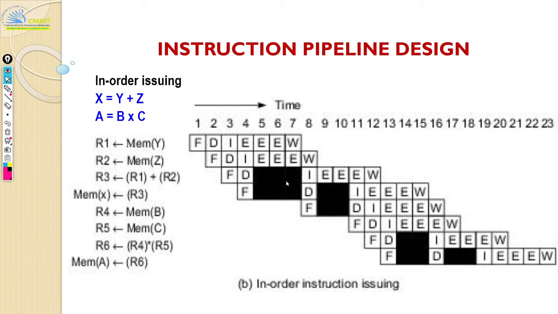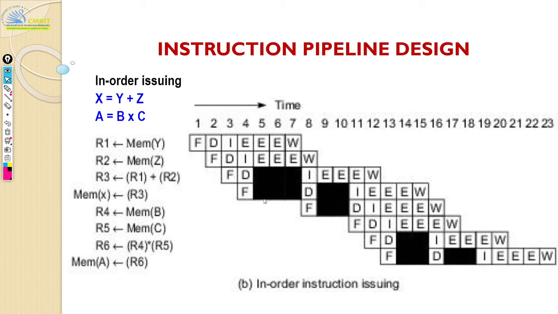Okay, you're just stalling, and after you get both the results, so after your loading is done, then you can issue. Then you will issue it to the adder, and your adder will start executing, and then this is done. Similarly, for your memory instruction, this can be fetched, and then this also has to suffer the same stalls because of your previous instruction.